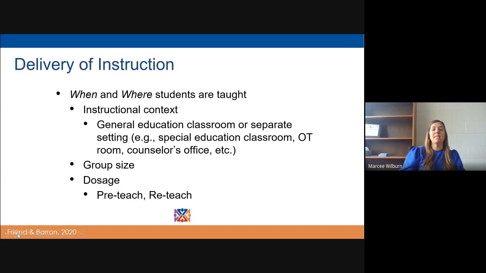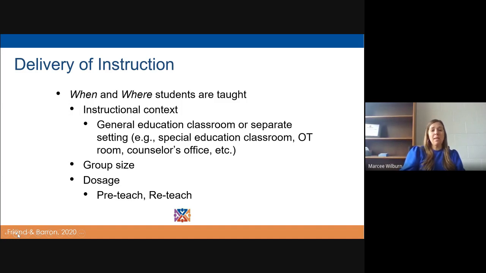And the last: what is the delivery of instruction? So, when and where students are taught. We talked a little bit about students being educated alongside their peers in the general education classroom. As you know, some students might learn best in more of a separate setting, depending on the situation. So do we have an occupational therapy room, a counselor's office where they're going to receive that type of instruction? Ensuring that generalization of skills is taught over time as well. If we are pulling out, how are we getting students back in and being able to show those skills in other environments as well? But group size might also be